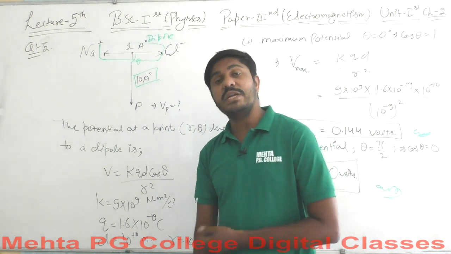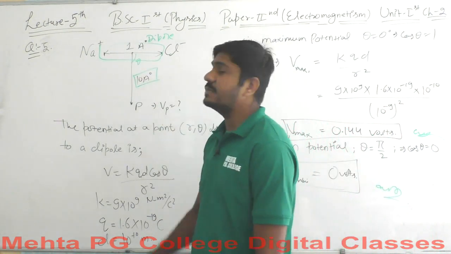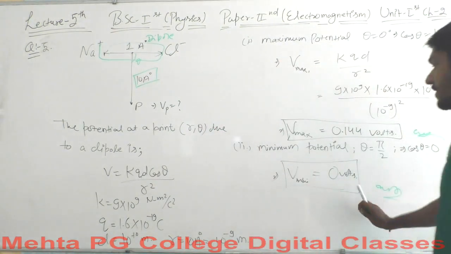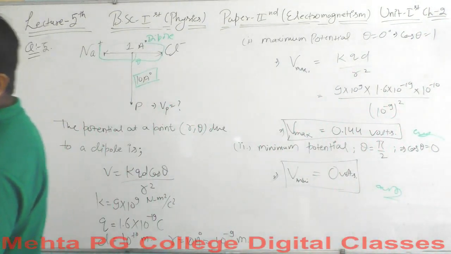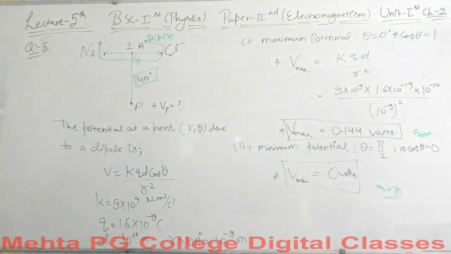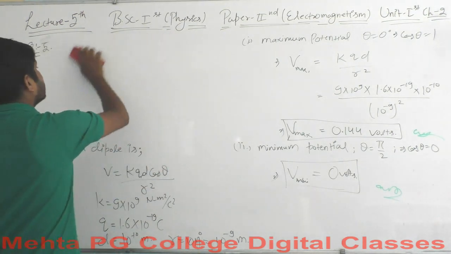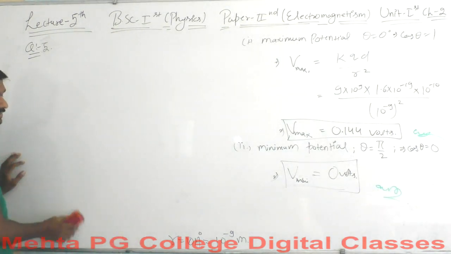If theta is equal to 0, it means that point P lies in the axial position, in its parallel position, then the potential will be maximum. But if point P lies on its equatorial plane, let's say at a perpendicular distance, then the potential will be minimum, that is, V minimum is equal to 0 volt. Let me be aside, you can take a screenshot for your reference, and then we will proceed to a new example here. Well, I hope that you are done with the screenshot. So let me clear this off and let's proceed to a new example, which is also important in the sense of potential energy here.